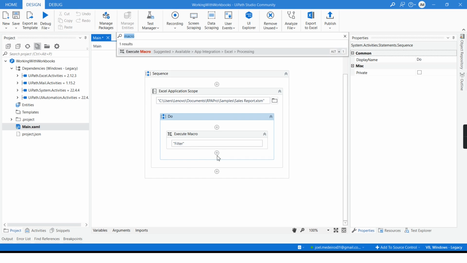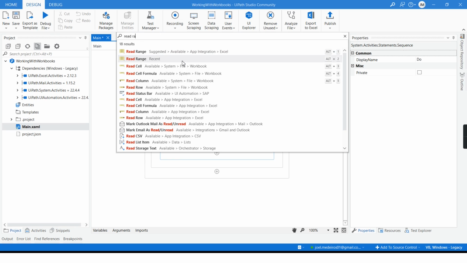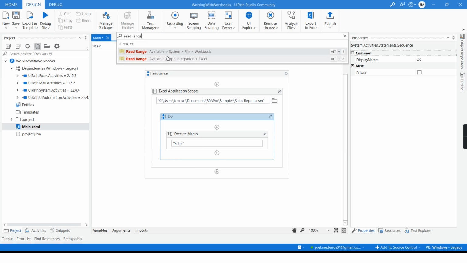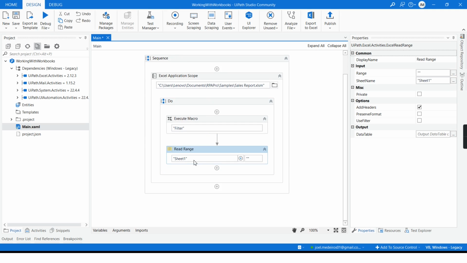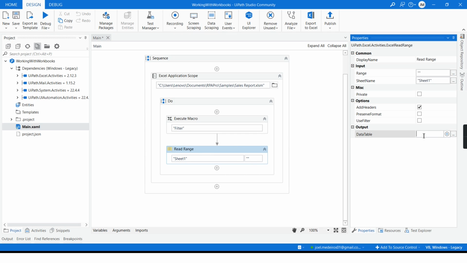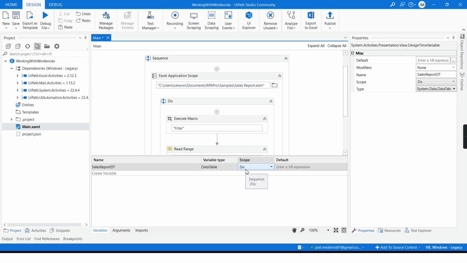The next step is going to be read range. And just be careful because we do have two options, but for this example, we're going to use the app integration. The Excel sheet is going to be the same, no range. I want to read everything that is in there, and I have to define my data table, sales report DT. I just want to change the scope,